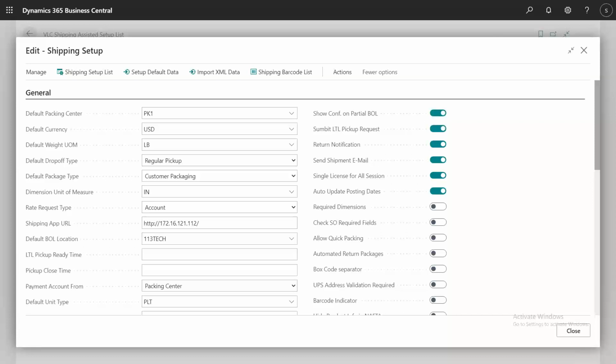With this notification, whenever you process the shipment in the VLC application, immediately from the carrier, it will send an email to the customers, which is specified on the sales order. Okay. Yeah, let's keep that for now.